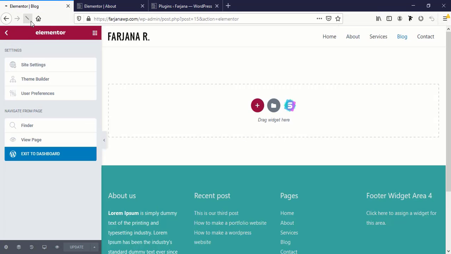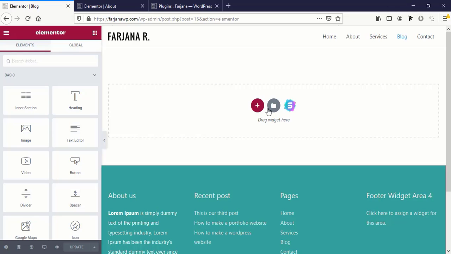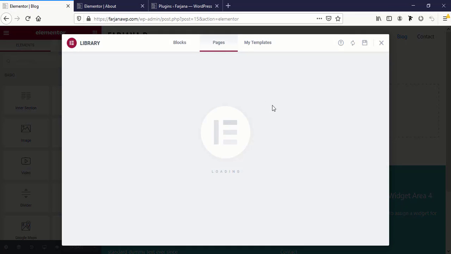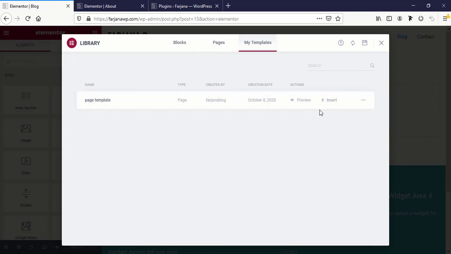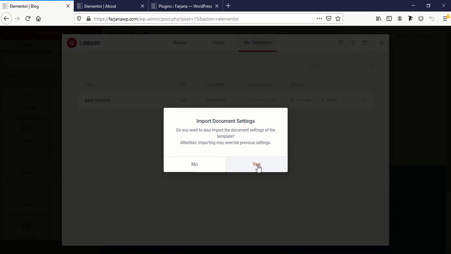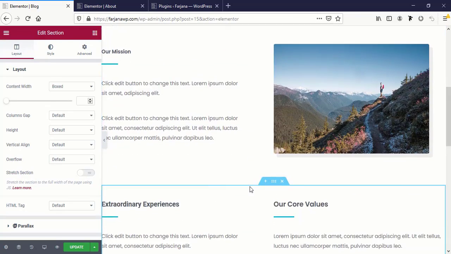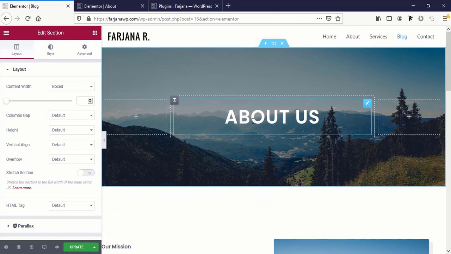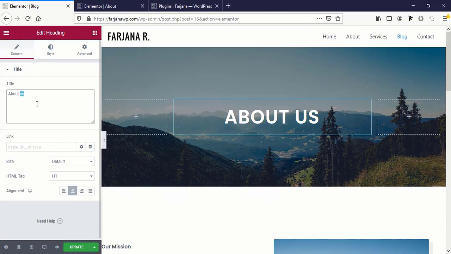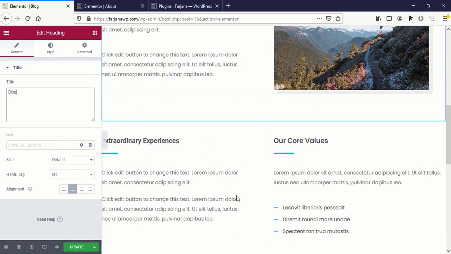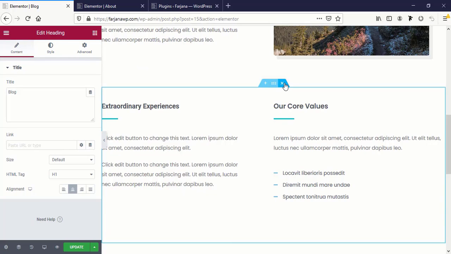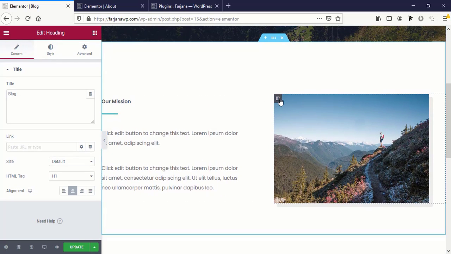Now if we refresh the blog and open this folder and go to My Template, here we go. So now I'm going to insert, import document, yes, and now I'm just changing the title to blog